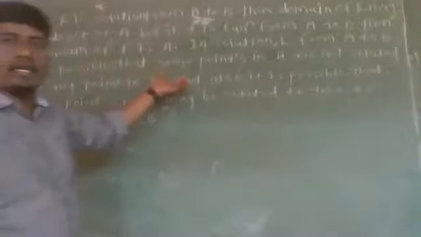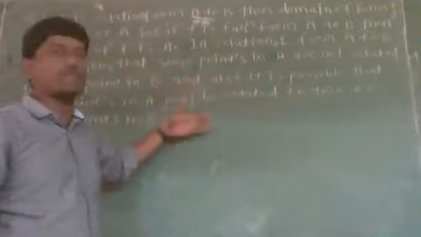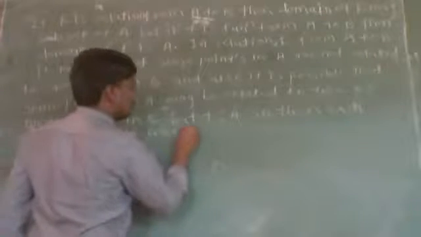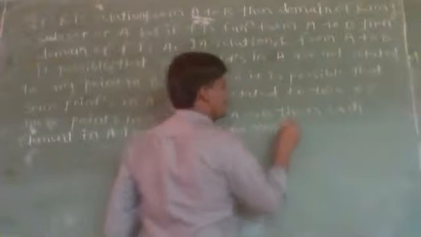That is, if R is a relation from set A to set B, then it is possible that the domain of R is a subset of A, that is, the domain of R may be A or a proper subset of A. So it is possible that there are some points in A which are not related to any point in B, and also some points in A which are related to more than one point in B. But if F is a function from A to B, then each element in A is associated to one and only one point in set B. That is the difference between relation and function.